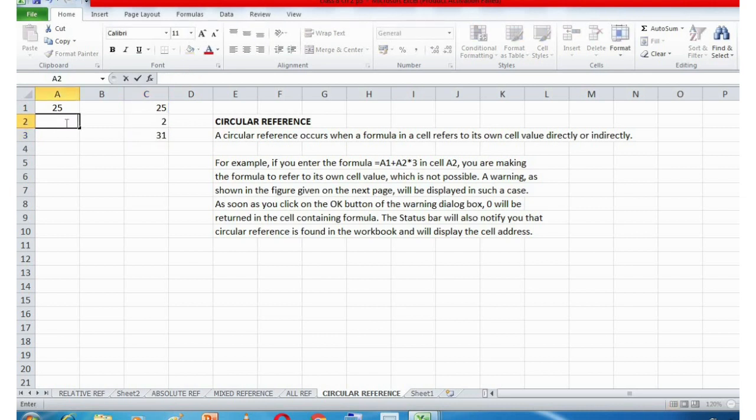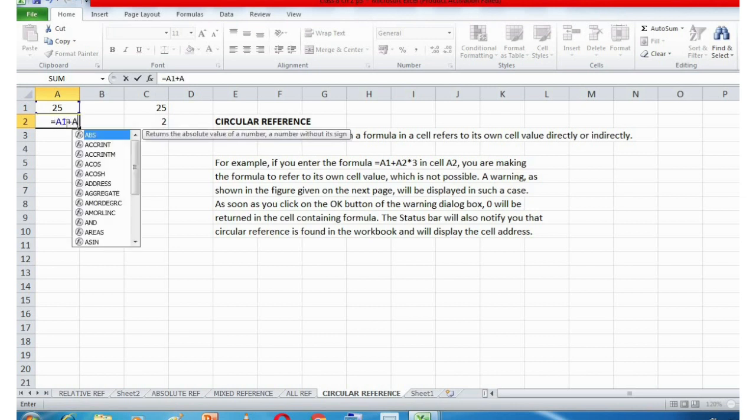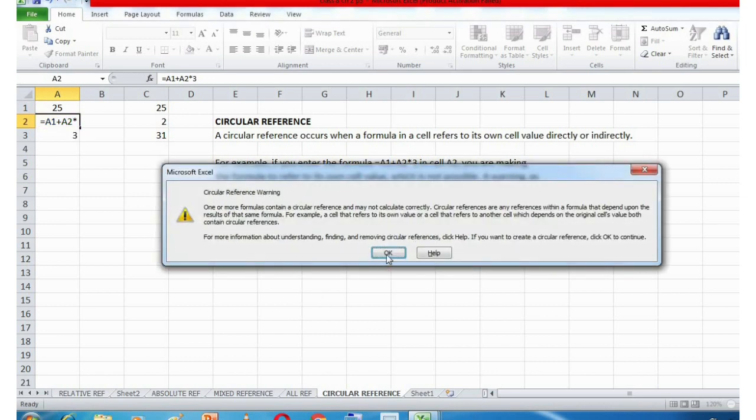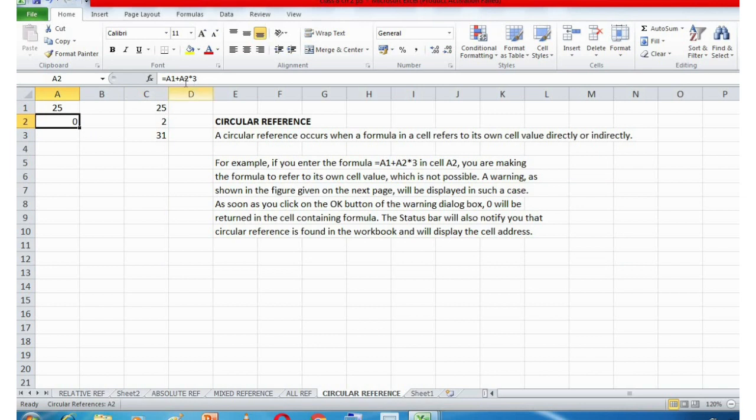Equal to A1 plus A2, into 3. Inside the cell A2 only we wrote this formula. That is why this formula in the cell is referring to its own cell value, and that is why the circular reference error is coming. So this is your circular reference.